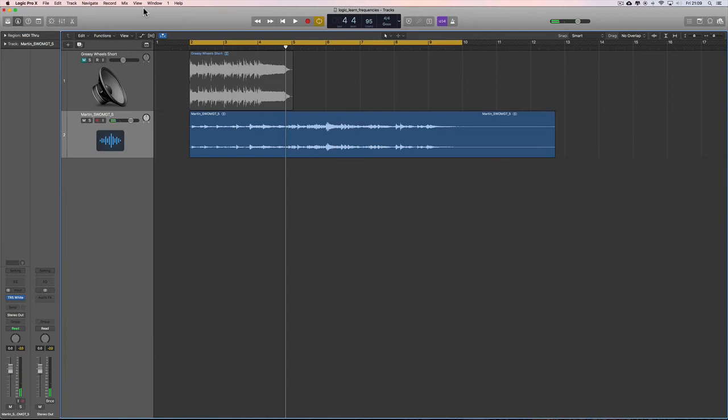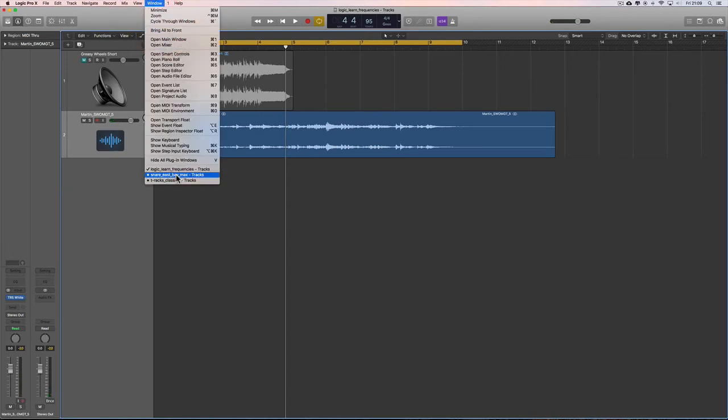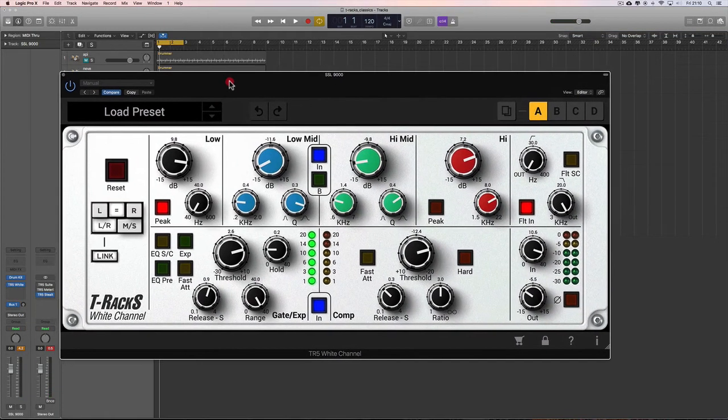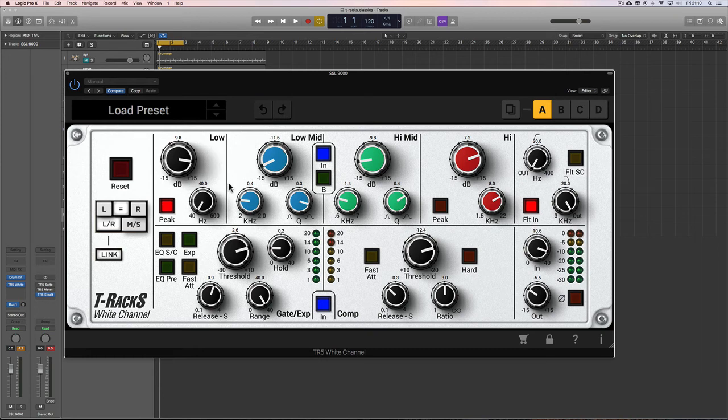Let me just show you now on this kick drum. So I've got it on a kick drum here, and I've got it set to this EQ shape with some compression and gating. There's a thunderous bottom end, which this